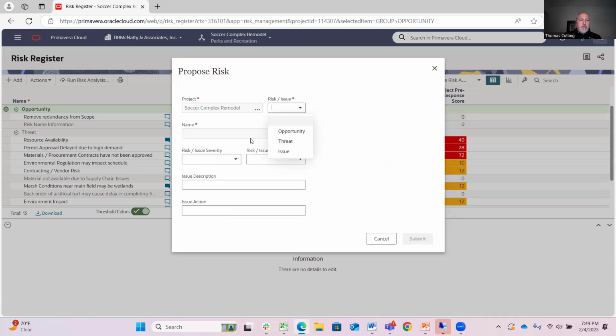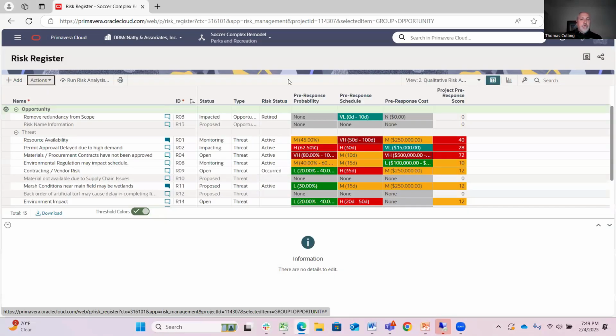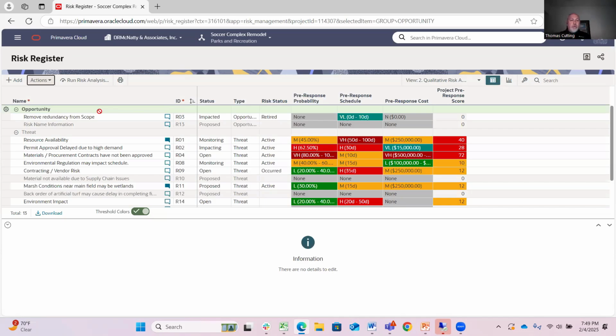And give some general information about it. These forms are actually customizable so that you can collect the information that you want to determine if a risk should be accepted as a risk. And then I would submit that. That would go through the approval process and either be approved or rejected or placed on hold for further review later on. Once that risk has been approved, or if I just want to add a risk here in the